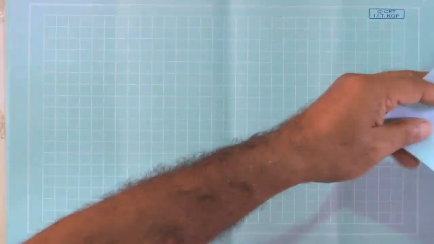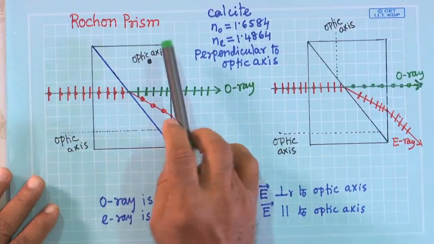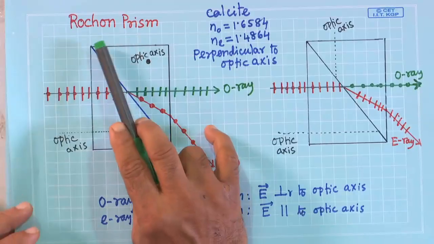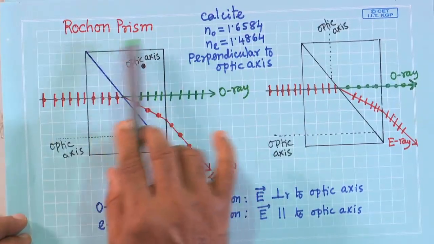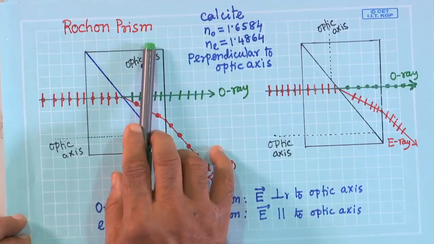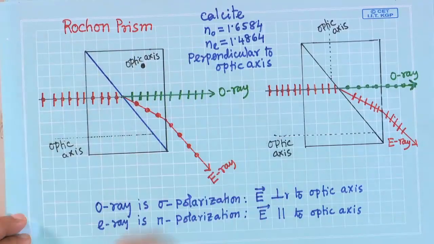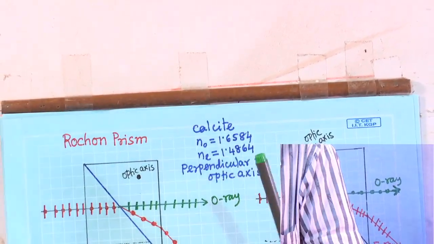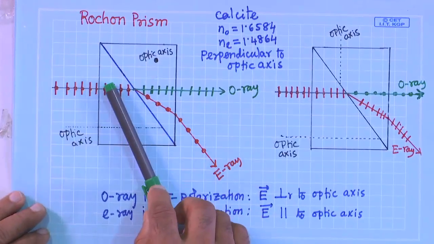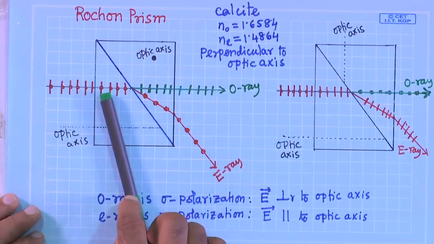Next, there is another very useful prism. It's called the Rochon prism. Okay. So, it's again a calcite prism. It's made of calcite. So, it again has two parts. In this case, this part, basically here,